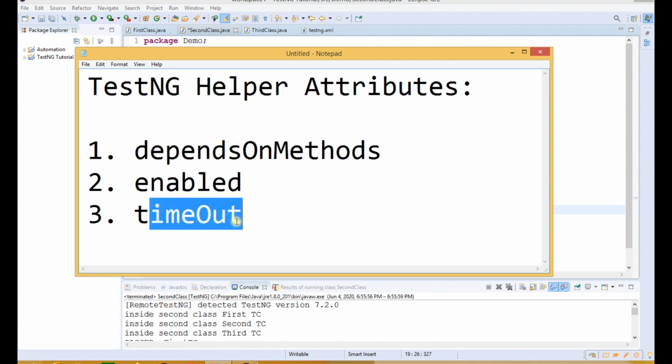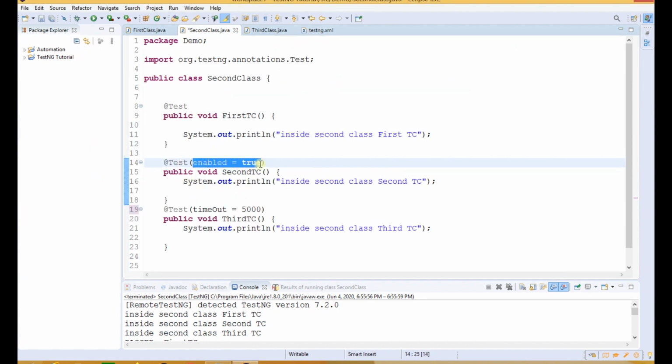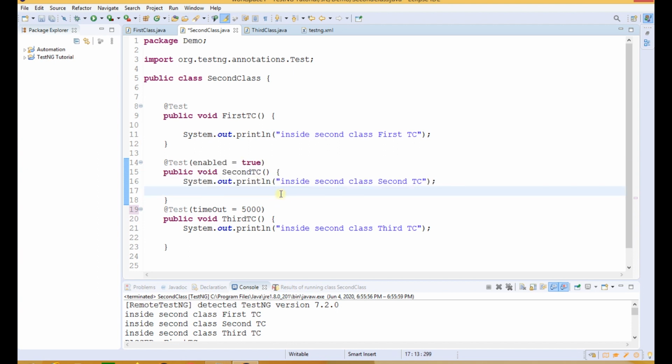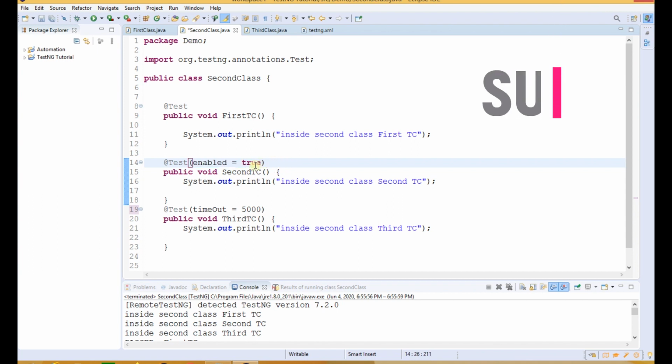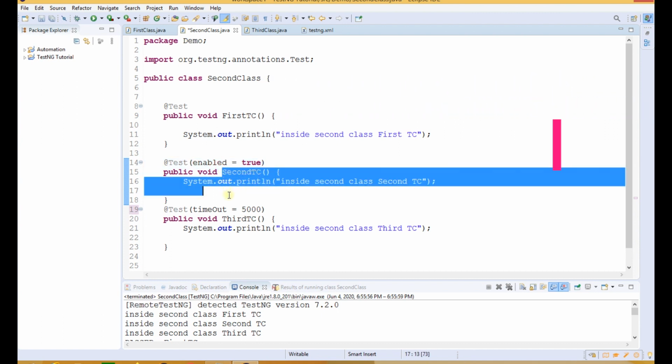So for this enabled attribute, there is a question that is asked in many interviews, where the interviewer can ask how you can skip a test case from the test execution. So one way is to exclude the test case from the testng XML file, and the other way is to use this enabled attribute. So if we give the value as false here, then the test case will be skipped from the execution.